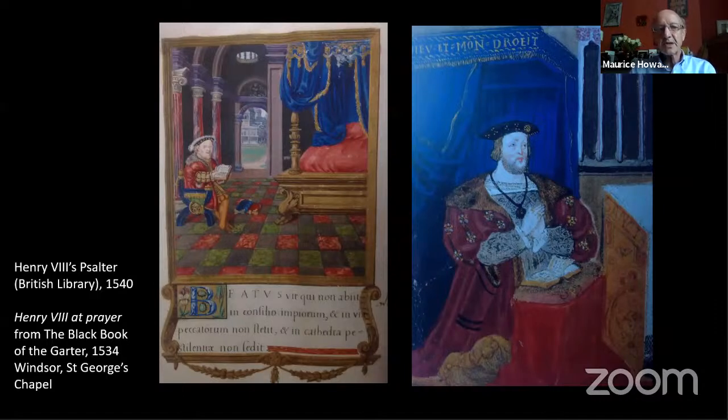So it's very important to think of the royal chapel alongside the private devotions of the sovereign that went on. A Venetian ambassador, always a trusty source of information, what will we do without them, says that Henry VIII heard between 3 to 5 masses a day in his privy closet, and some of the most intimate representations we have of him in religious books of office show him at private prayer rather than in the public place of the